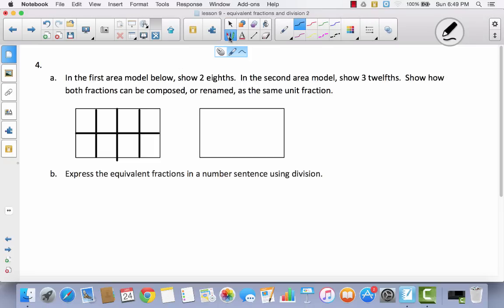All right, so now I'm going to shade 2 out of 8. Okay, so I've got 1, 2 out of 1, 2, 3, 4, 5, 6, 7, 8. So I have 2/8. Now over here I have to show